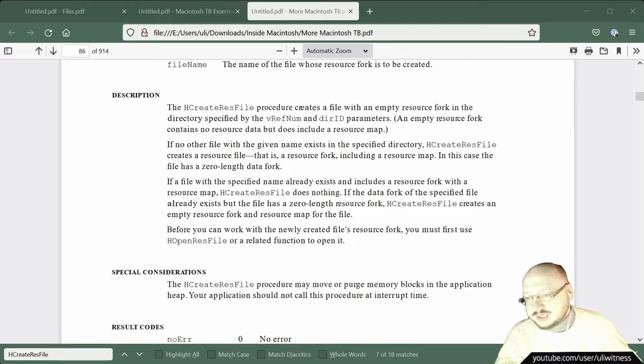Which is always very annoying. Like one of the first utility functions I always wrote when I had to use standard C library file reading. But the classic Mac OS actually had this get EOF function. So I can actually pretty quickly do this here, once I have